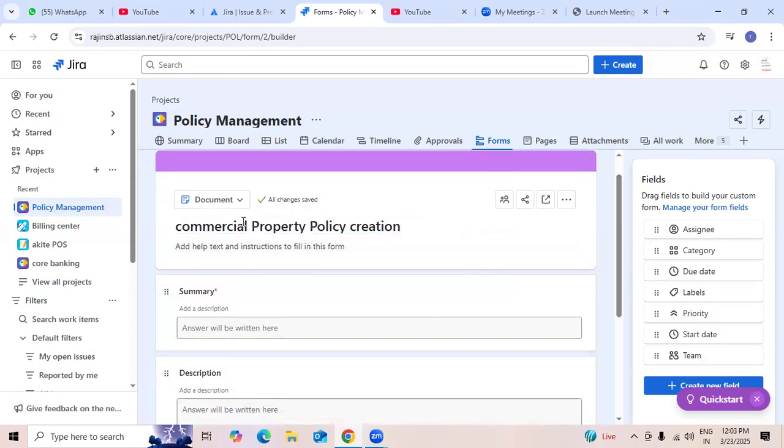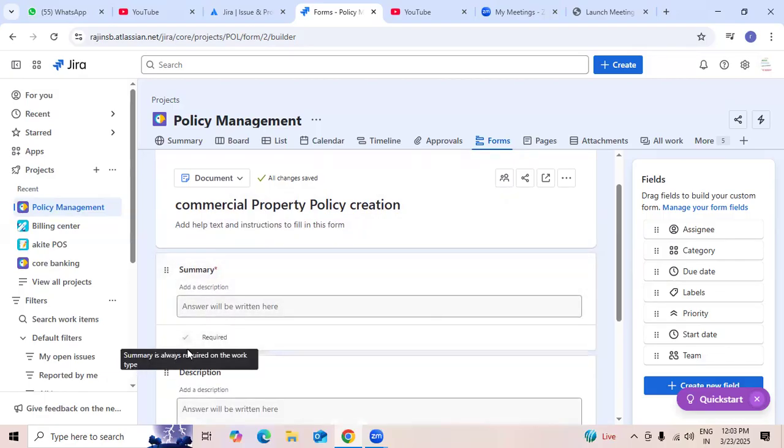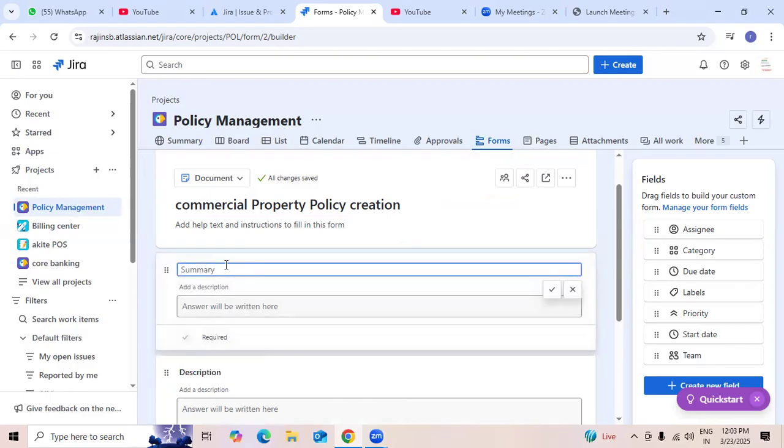Once we have submitted the commercial property policy creation name, here we need to write down the description, whatever description is required to be updated. Make sure that if there is any description to be written, we can write it down. This document is to update required information